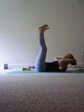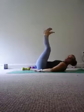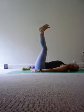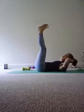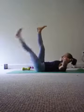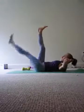Bring it back up. Now, you can place your hands here. If it hurts your lower back, you can put your hands underneath your hips. That will help that. You can place your head on the ground. I'm going to keep mine up. I'm going to lower and lift. Lower the left and lift. Right, left. 8,